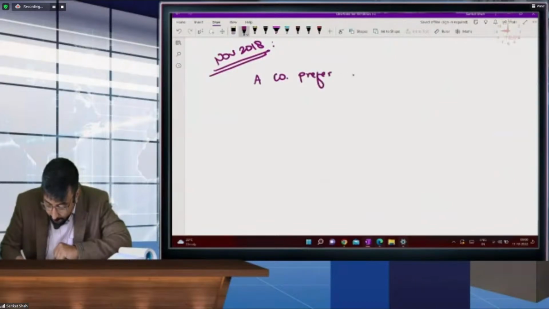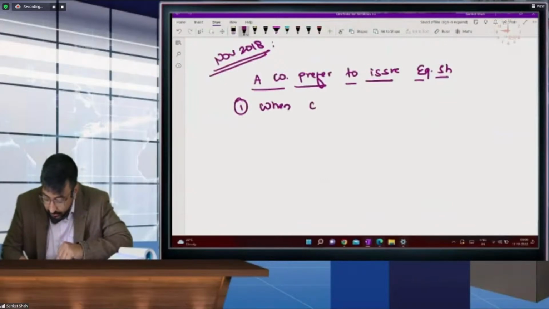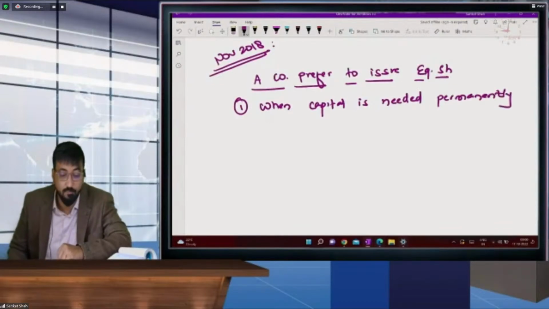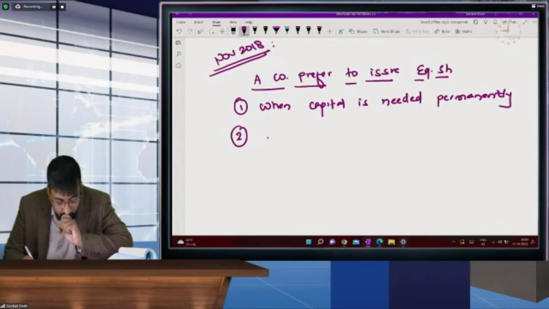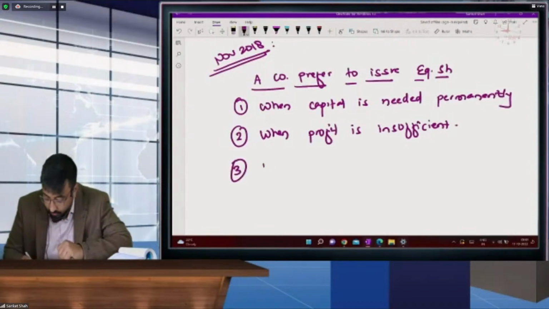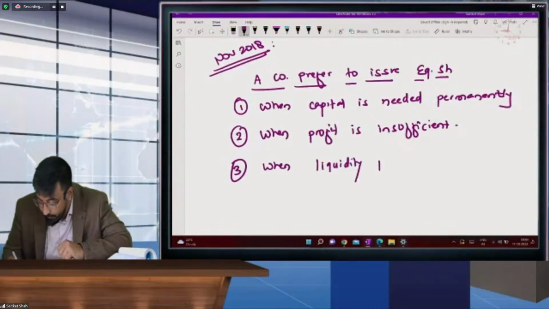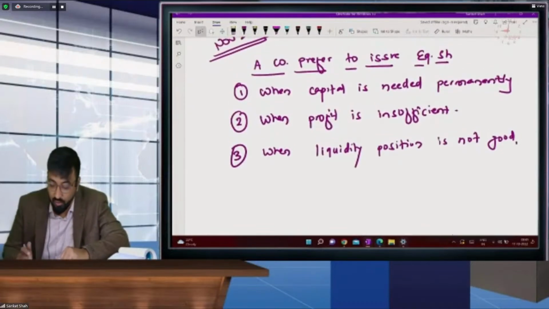A company prefers to issue equity shares. Number 1, when capital is needed permanently, when the company wants funds permanently. Second, when profit is insufficient. So the company is not in profit, so compulsorily you have to go by option number 1. Third, when liquidity position is not good. Though the company is in profit, the company has a cash crunch. In that case, liquidity position is not good, and a company prefers